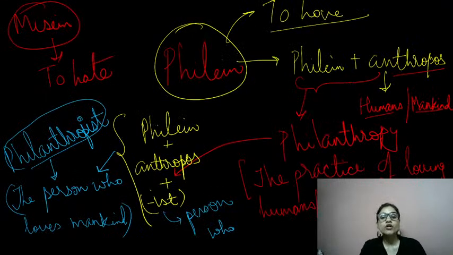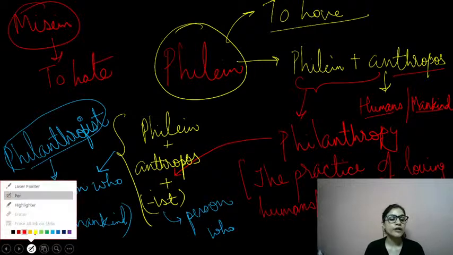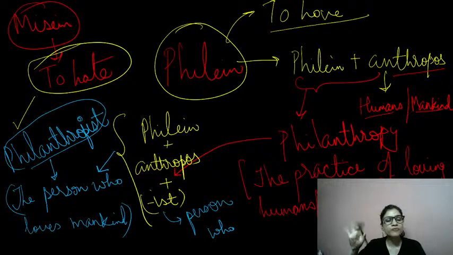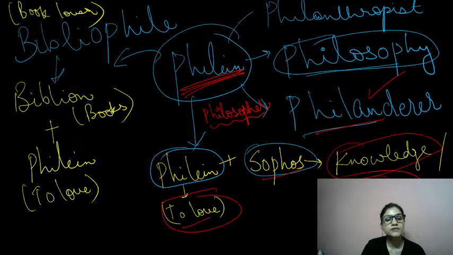And then last of all, we talked about this word root philein. Just like misane is to hate, philein means to love, right? So a person who loves humans is nothing but a philanthropist. कितने सारे लोगों के FB प्रोफाइल में तुमने देखा होगा, a philanthropist, hashtag philanthropist, right? So somebody who is serving humans, somebody who loves humans is a philanthropist, right? So you remember these words, I hope. Philein, philanthropist. And we also talked about philanthropist, philosophy, philanderer and bibliophile.